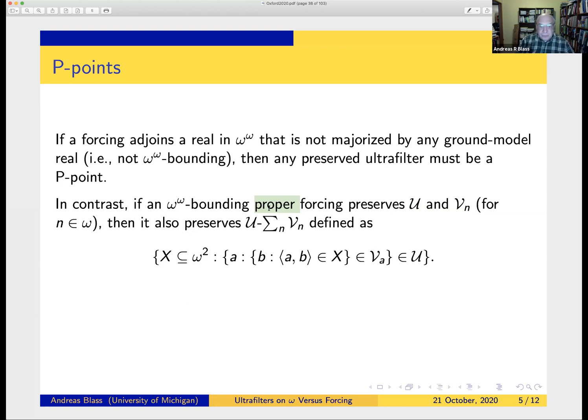So in particular, for example, Sacks forcing is omega to the omega bounding, proper, and preserves all P points. So it preserves everything you can get as a P-point-labeled sum of P points. And then it preserves everything you can get as a P-point-labeled sum of sums of, and so forth. And you can iterate, I guess, since you have countably many V's, you can actually keep the iteration going for omega-1 steps, and you get iterated sums of P points, and those are all preserved